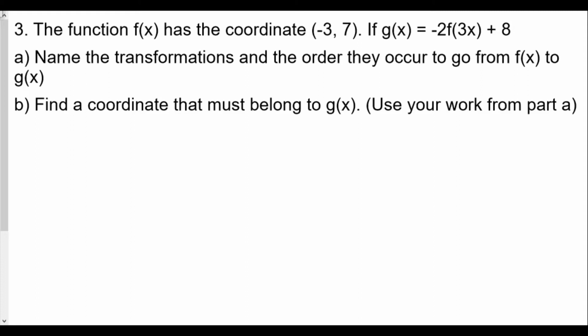And so here we're going to first identify our transformations. Our first transformation, we'll be using our order of operations. The first thing we try to identify in this case is going to be a parenthesis. What's in that parenthesis here? We see the 3 is multiplying the x. So our first transformation is going to be a horizontal compression. Now you say, why is it compression, Mr. Gong? Well, it's compression because